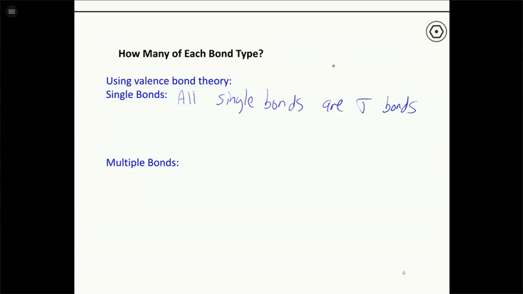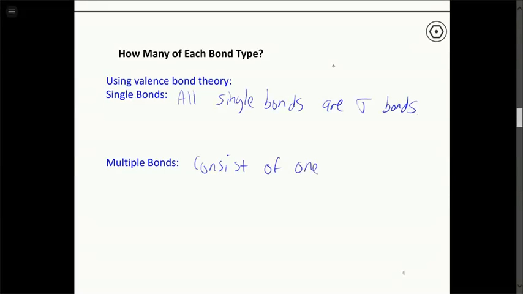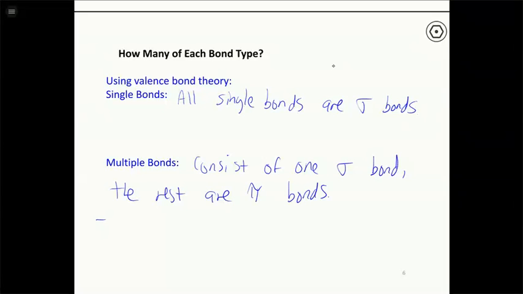Now, one thing we didn't talk about last time when we introduced hybridization is what happens when there's multiple bonds, so double bonds or triple bonds in structures. Multiple bonds will always consist of one sigma bond. So one of those 2 or 3 bonds is going to be sigma, and the rest are going to be pi bonds. Since we're only talking about p-block elements and covalent compounds involving p-block elements, we don't have to consider all these different possibilities. We really only have either double bonds or triple bonds.